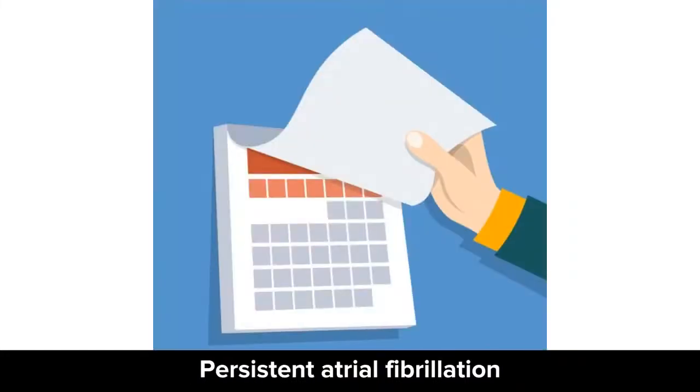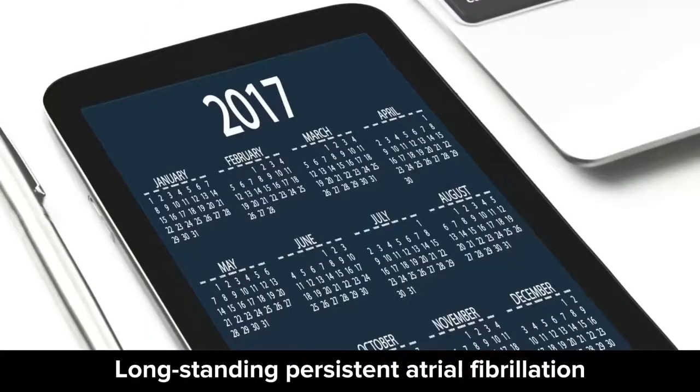Persistent atrial fibrillation is when an episode of atrial fibrillation lasts for more than 1 week. Long-standing persistent atrial fibrillation refers to continuous atrial fibrillation that lasts longer than 1 year, but there's still a possibility of restoring sinus rhythm. Lastly, permanent atrial fibrillation, which refers to patients in which efforts to restore normal sinus rhythm have failed. The longer the atrial fibrillation is present, the less likely is spontaneous conversion and the more difficult is cardioversion because